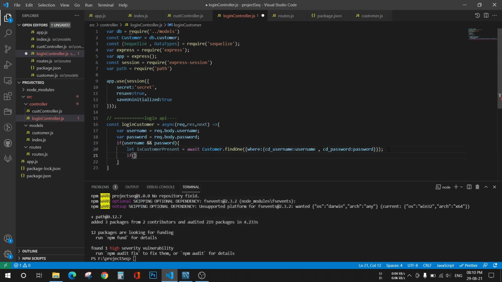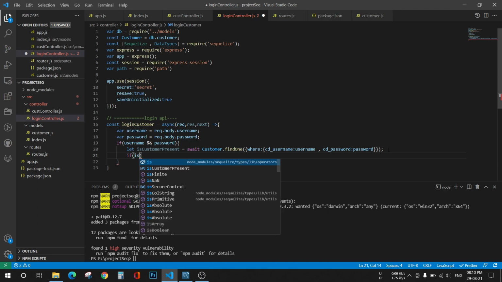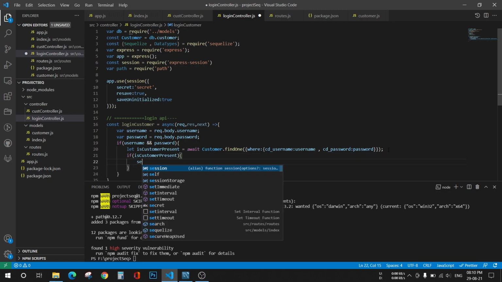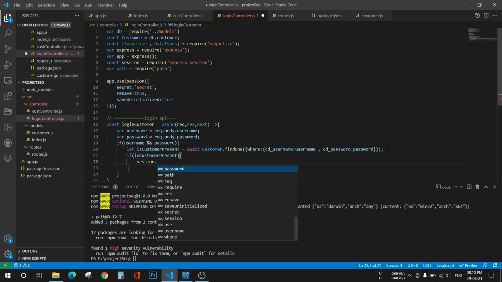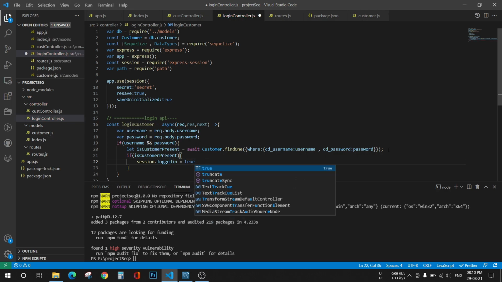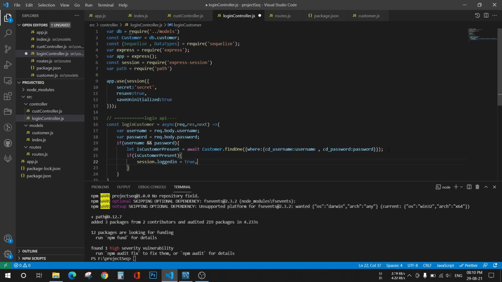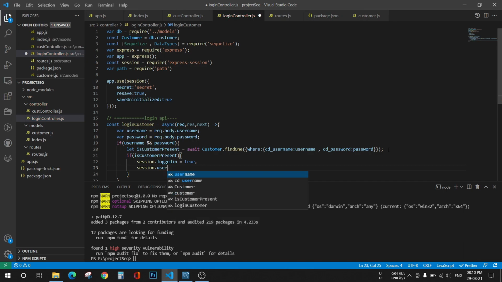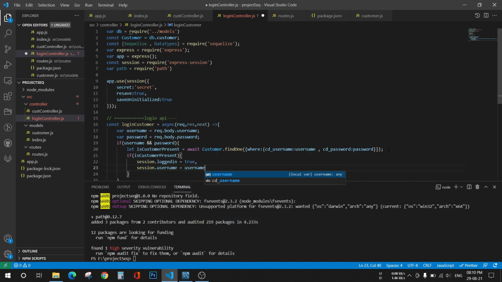Another condition: if isCustomerPresent is true, if the customer is present, then session.loggedIn will be true. Fine, and then session.username will be equal to username.